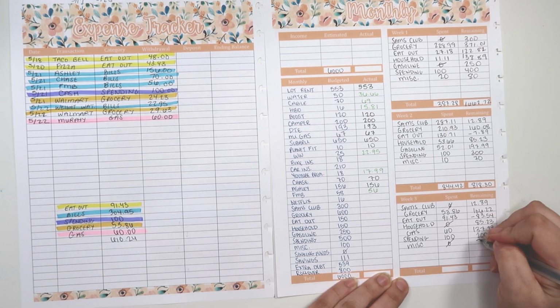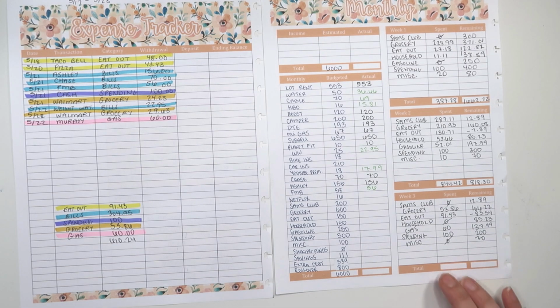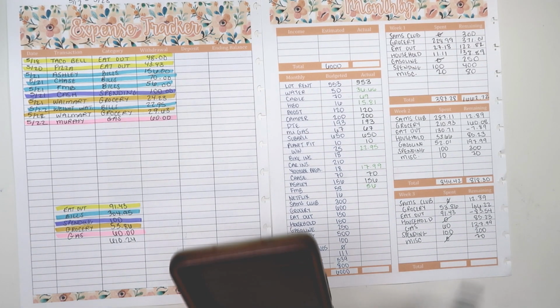And so we still have $70 in miscellaneous money, which again might help offset some of the overspending in some other categories. Maybe, just maybe, we will come in under budget overall. We'll see. Still got 9 days left. Okay, so